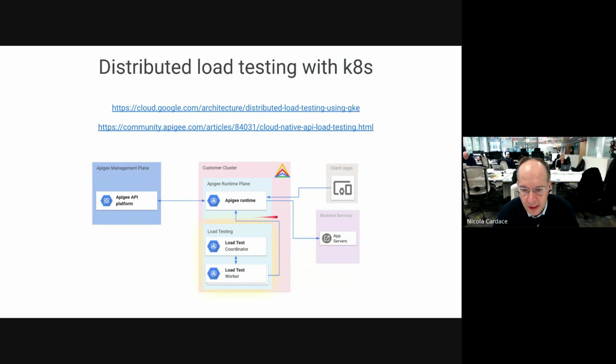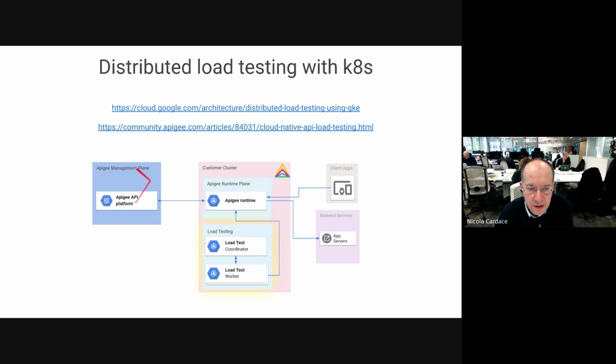Remember, this is your cluster. I think it's a bit confusing because the Apigee customer cluster is on top when you run the runtime. It will be Apigee Hybrid. And load testing in general, coordinator worker, this is in general for guidance, this is a different cluster, right? So you don't want to share the same cluster for the runtime and the load testing tools, because otherwise you are actually stealing capacity from the runtime, okay? So it's a suboptimal exercise.